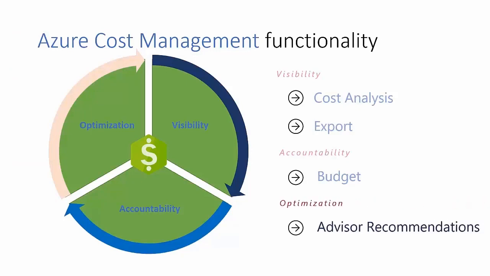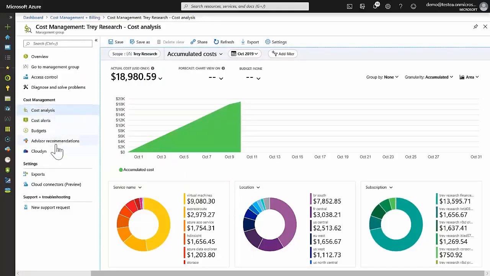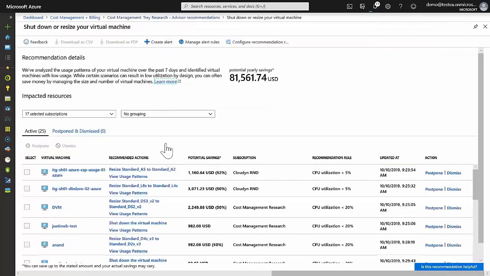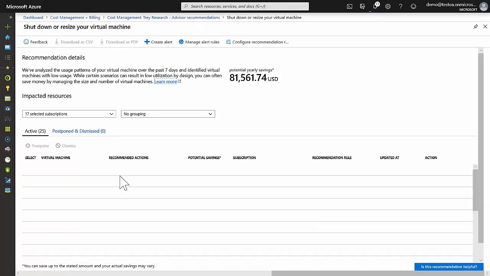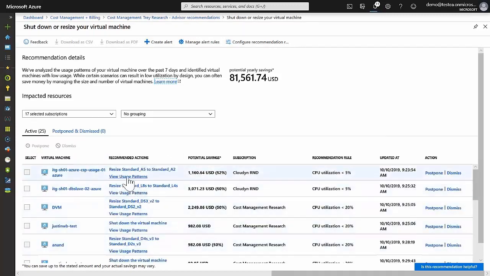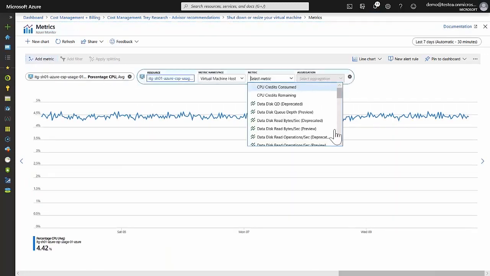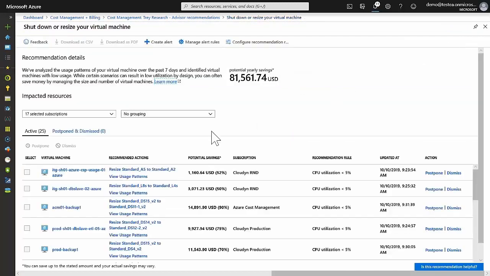Azure Cost Management provides cost optimization recommendations by enhancing the Azure Advisor Services cost recommendations. If we select Advisor recommendations, 4 categories of recommendations are provided for the selected scope. If we drill into right size or shut down underutilized virtual machines, we see 25 instances of that recommendation. In each case, we can view usage patterns to look at CPU utilization, as well as many other metrics for that VM. If we decide to accept the recommendation, it presents a recommended SKU